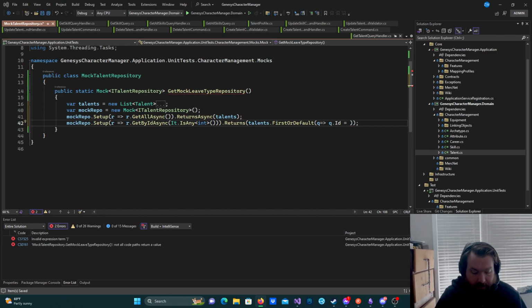So get by ID async mock using mock. Oh, and this should be